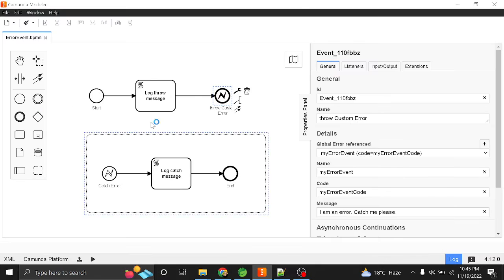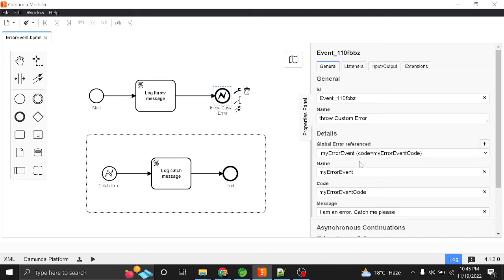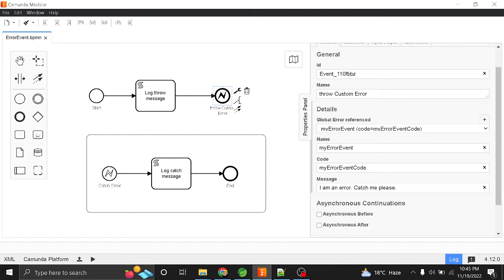We will log the message "I am about to throw an error", then throw an error. We have created a custom error named my error event, the error code will be my error event code, and our message will be "I am an error, catch me please."